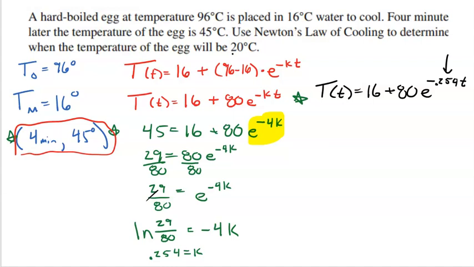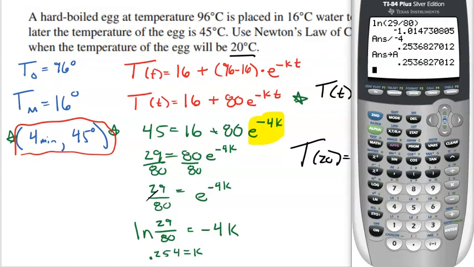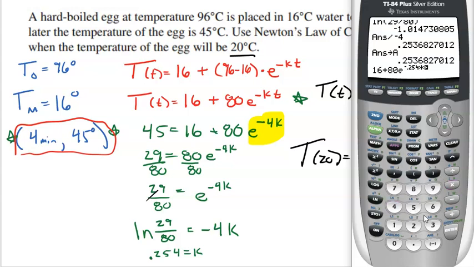So the final question asked me about 20 minutes. So I'm going to plug in 20 minutes and figure out what the temperature is. So 16 plus 80 e to the negative 0.254 times 20. And of course, I'm going to grab a calculator for that. So we have 16 plus 80. And I'm going to grab my e, which is second natural log, to get e raised to the negative 0.254, and then times 20. So I'm literally just plugging in 20 into the equation to figure out what the temperature is. And there it is,